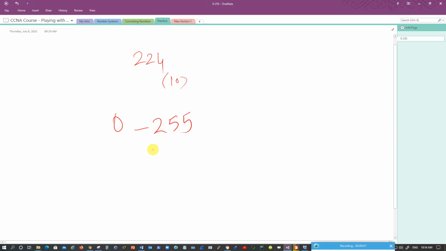Remember one thing, for numbers from 0 to 255, numbers in this range, you can use 8 bits to represent them in binary. Anything beyond this one, you can add more bits. But if you see a number in this range, maximum you can use 8 bits. You need not always require all of them. Based on the size of the number, you may require fewer or more ones. So first thing I will do, I'll write down 8 ones.